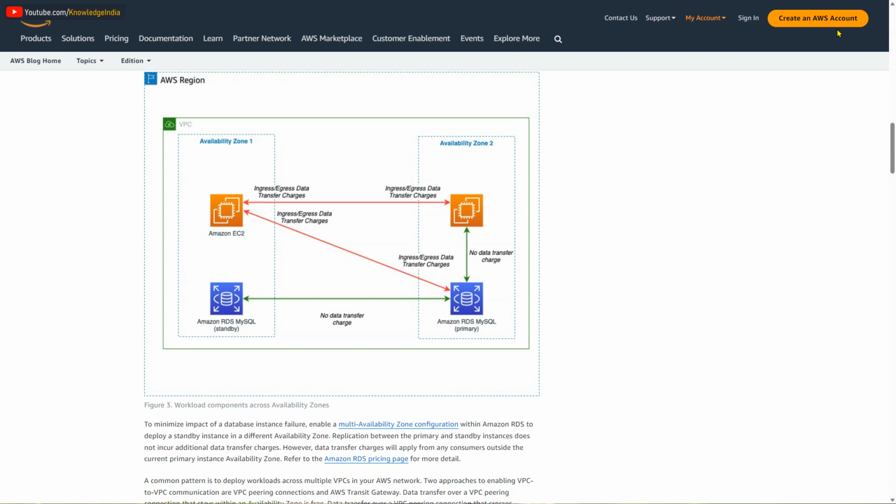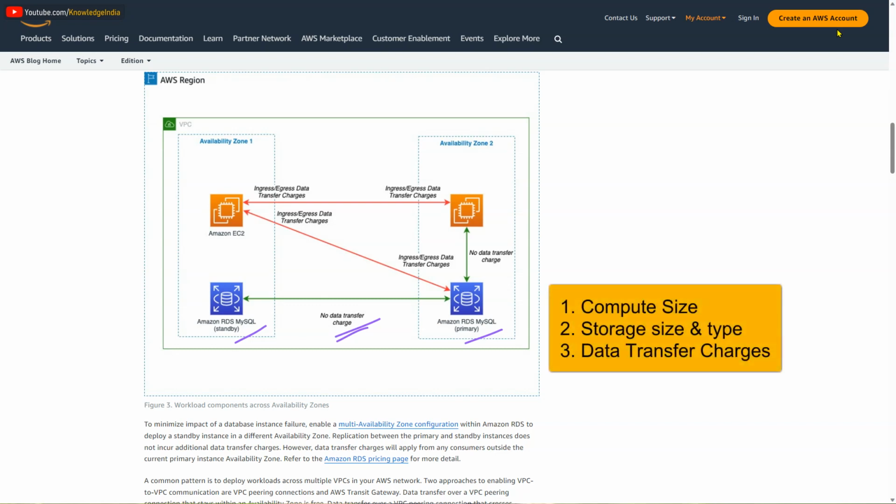Another question people often ask is, in multi-AZ RDS there is replication from the primary node to the standby node. Is there a data transfer charge for that as well, because the traffic is flowing from one AZ to another? The answer is no. When you go for a multi-AZ RDS instance, the replication charges are included as part of the service. Based on the size of your RDS instance, you pay a certain charge for compute,